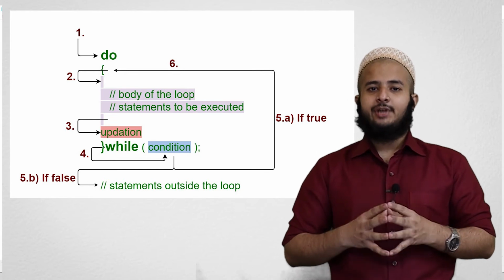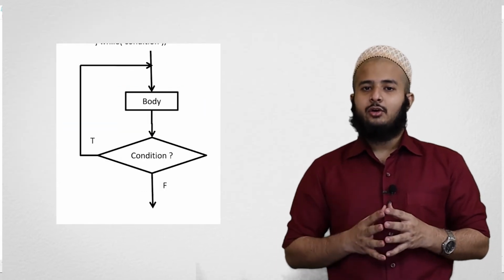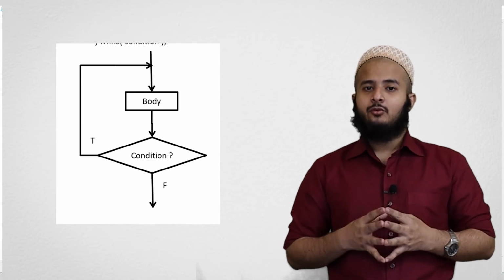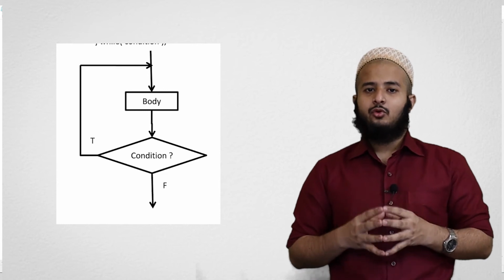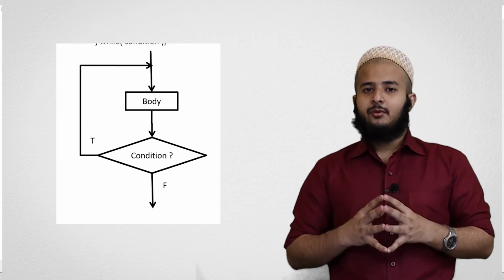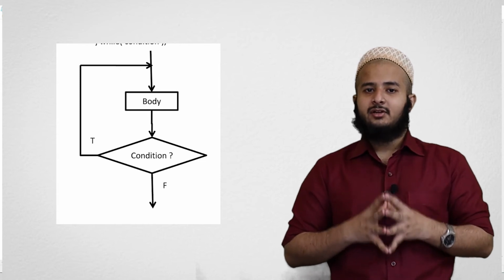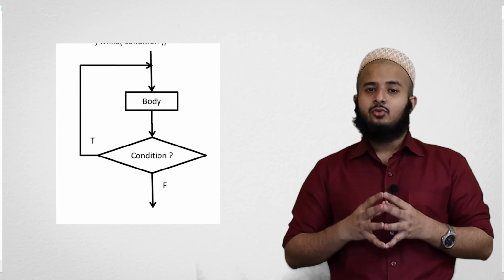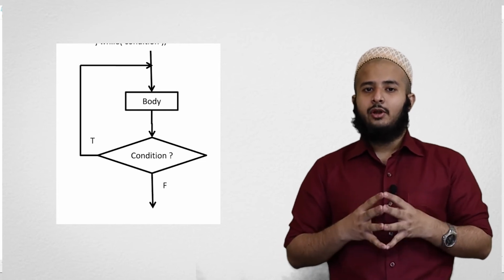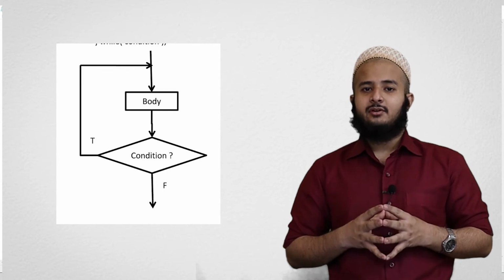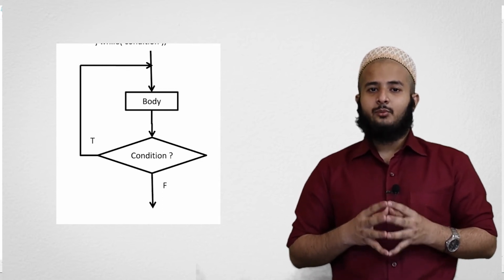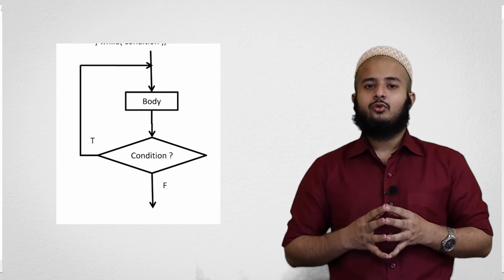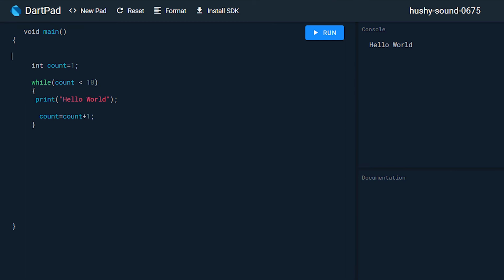Now we see the flow chart of the do-while loop. So this is the flow chart of the do-while loop. We have discussed that in the do-while loop, first it performs the do block, which is the body of the loop, and after performing the body of the loop, it checks the condition, whether the condition is true or false. If the condition is true, then it again performs the loop body, and if the condition gives a false result, then it comes out of the loop and performs the code after the do-while loop. So let's see an example of the do-while loop using the program. So move on to the program.